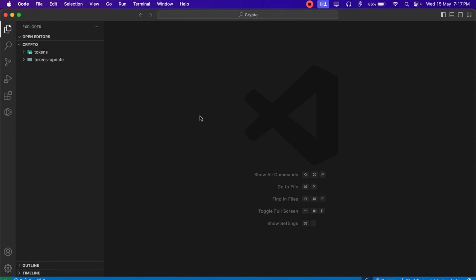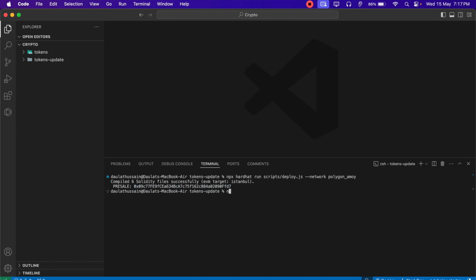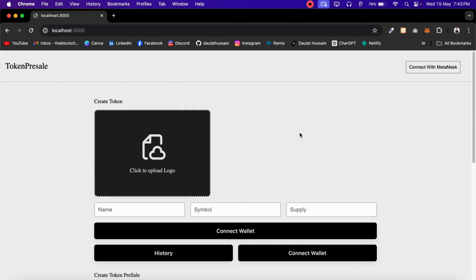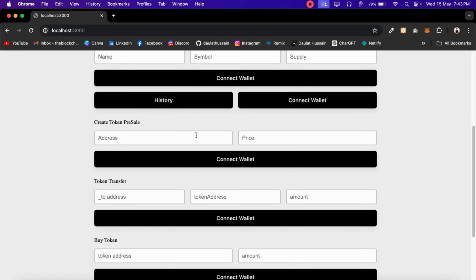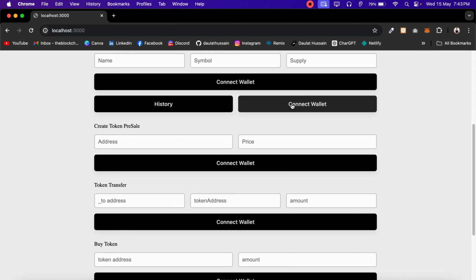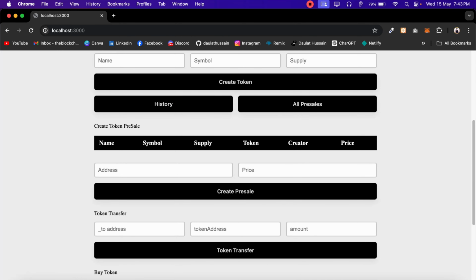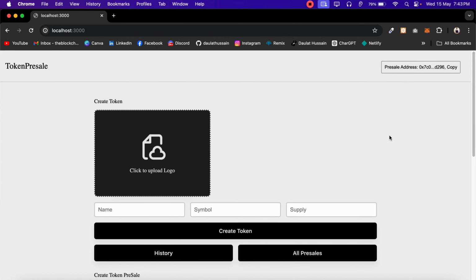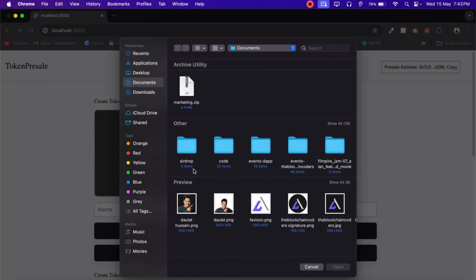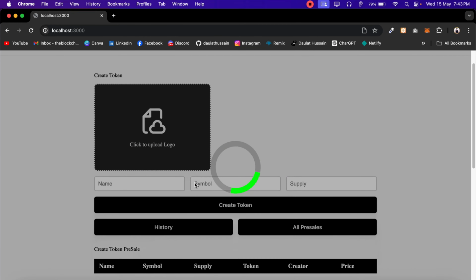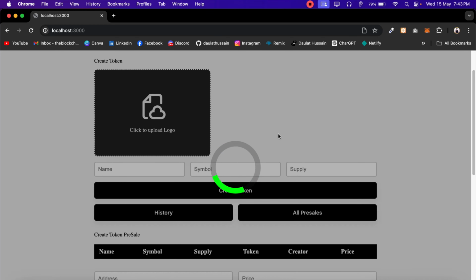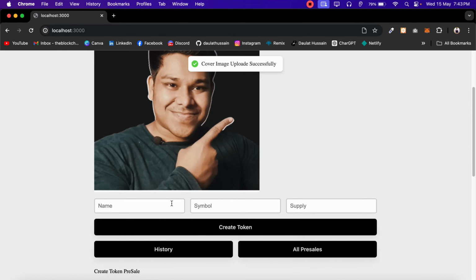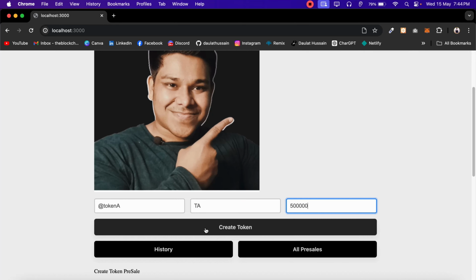Looks good. Now if I come back here, let's start the application. Type npm run dev. So here our application started successfully, and there is no token available. There is no token available here as well in our presale contract. So first thing, we have to create a token. So click on this, and here I'm going to select this dollar icon. It's going to update, and I'm going to create the token in the exact order the way you said. So I'll say token A, symbol TA. I want to have this much supply. Click on create token,